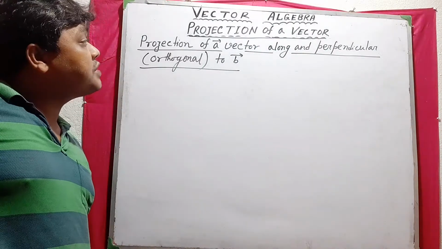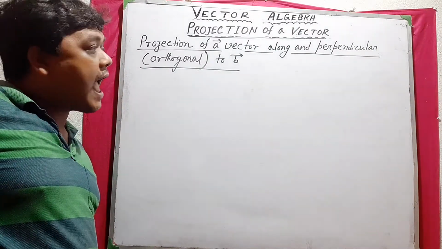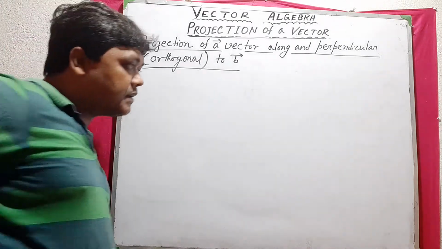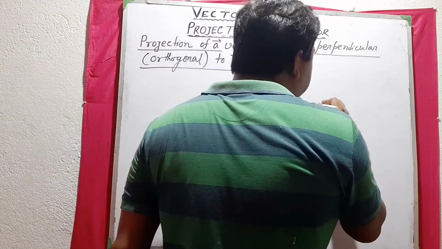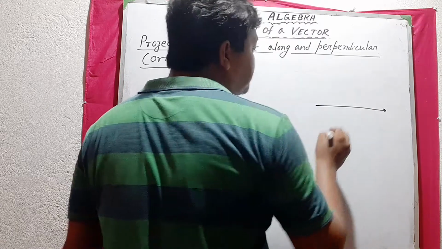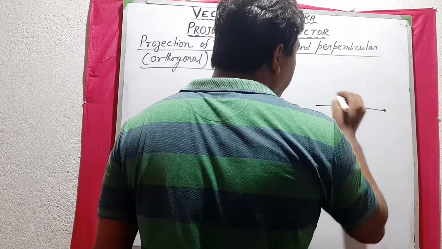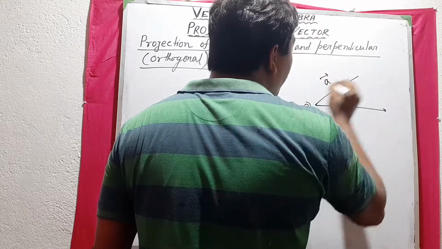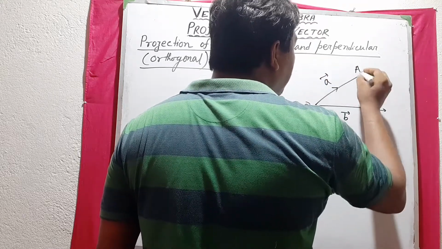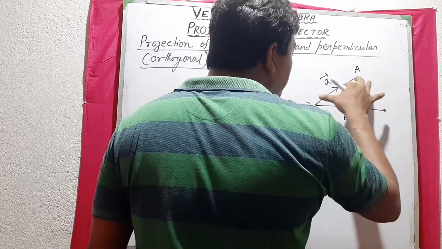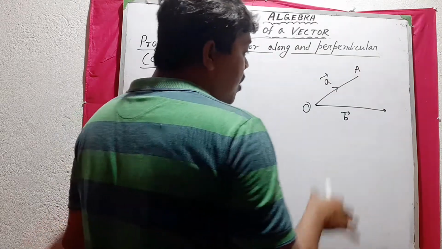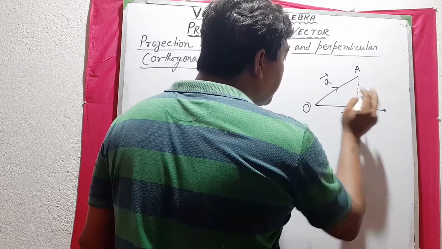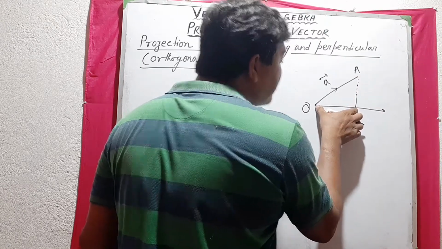So the projection of A vector along and perpendicular to B vector, what does it mean? মানে বলতে চাইছি যে এই যে আমার B vector দেওয়া আছে, this is B vector, okay, and this is my A vector, this is OA, and so projection of OA on B vector, আমি যদি এখান থেকে পারপেন্ডিকুলার ড্র করি তাহলে এইটুকু হচ্ছে প্রজেকশন লেন্থ,